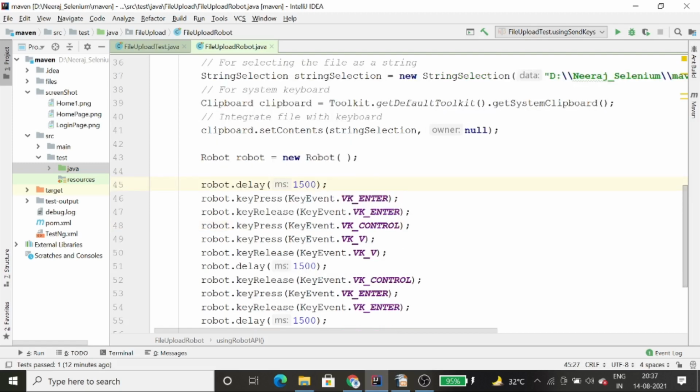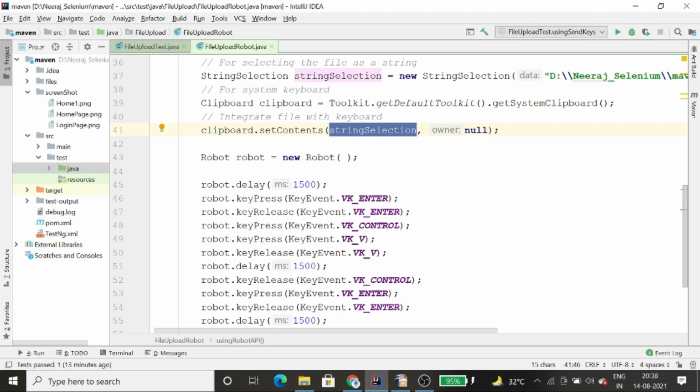After that, when I set the file location in this setContents, I will need to enter this, right? When you use a keyboard function or a mouse function, you might have noticed that when we press the button or the mouse, it won't work at that time. When you release the mouse or release the button from your keyboard, जब आप हाथ हटाते हो, when you enter और enter के बाद हाथ हटाते हो, रिलीज करते हो, तब वो ऑपरेशन परफॉर्म होता है. So in the same way, we need to do the same thing here. We need to press the key